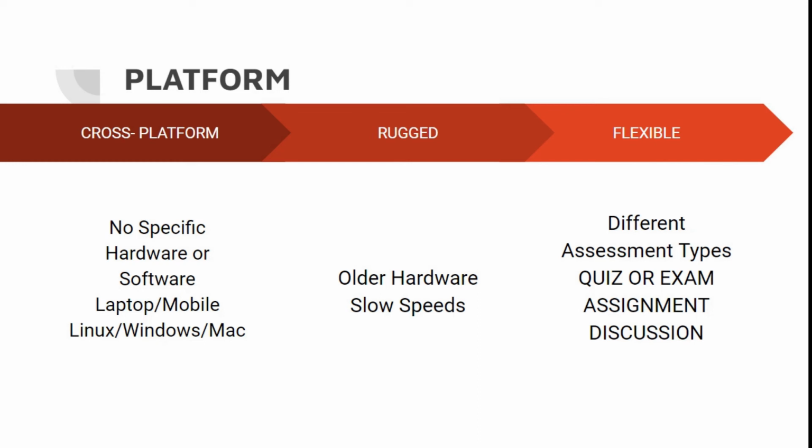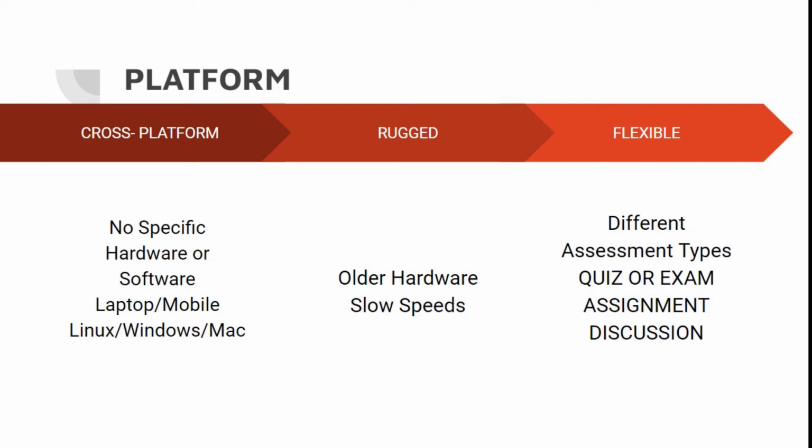The platform should be flexible. Say, let's suppose I go to a physical classroom. The teacher has a lot of ways to assess his students. He might ask for a group discussion, he might throw in a surprise quiz, he may announce an exam, or he may just tell the students, I'm giving you this passage, write what you feel about it and submit the assignment to me by this evening. So he has a lot of options in a physical classroom, and all these options should ideally be available on the platform also. Only then would the platform be adaptable and flexible.